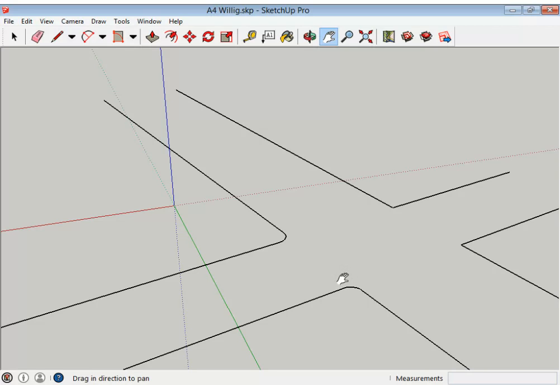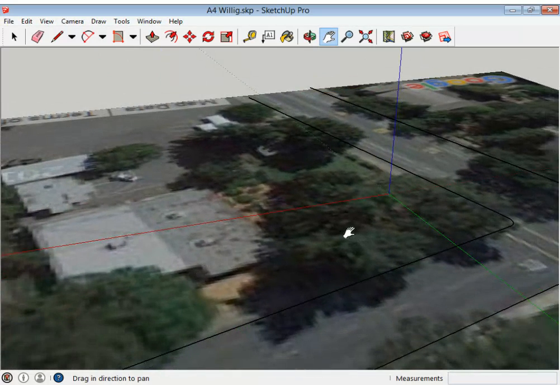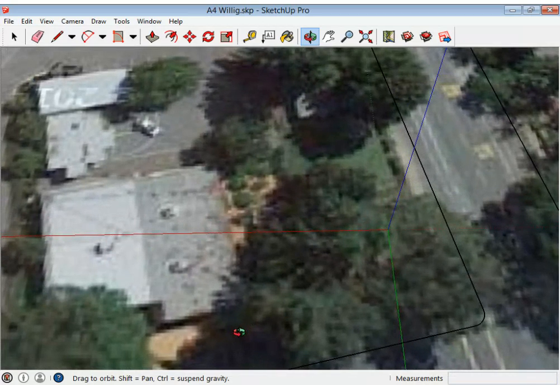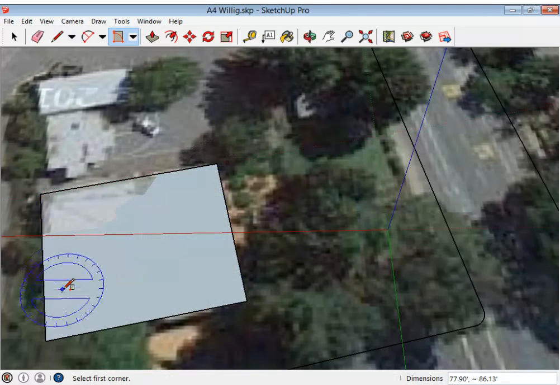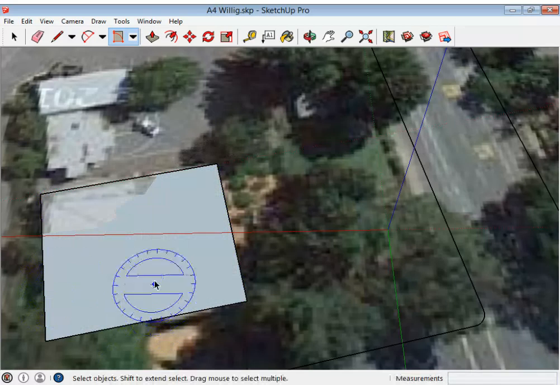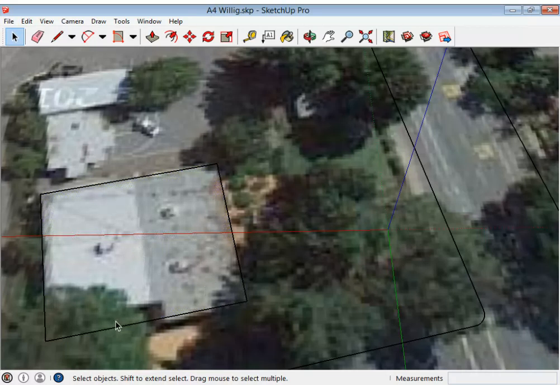After you've done that, what you'll want to work on next is the actual building. So rotated rectangles make this really easy because you can just go along one edge of the building and now it's all lined up. That's a little bit off, but that's okay. If you select the area with your mouse, you can hit delete, and now you just have the outside edges of the object, which allows us to do finer details,